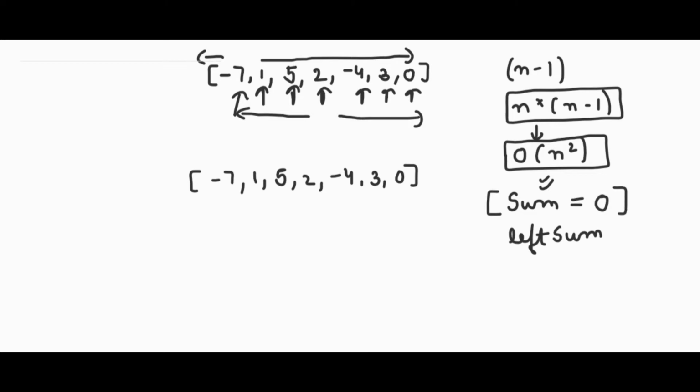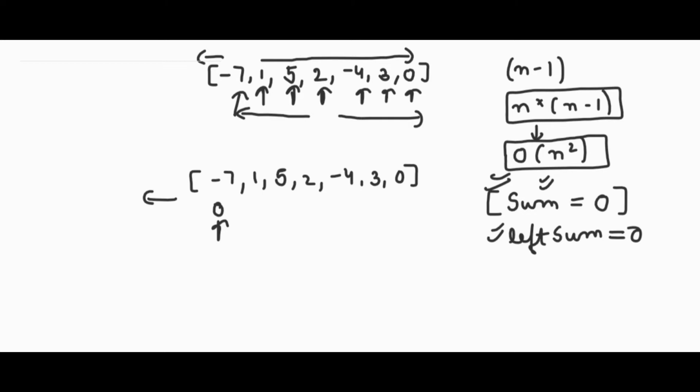And also the left sum we are considering to be 0 initially because there are no elements on the left of the 0th index. Okay, so we have the total sum, we have the left sum of the 0th index. What we have to do is find the right sum of the 0th index. And how can we do that? Just subtract minus 7 from the total sum.